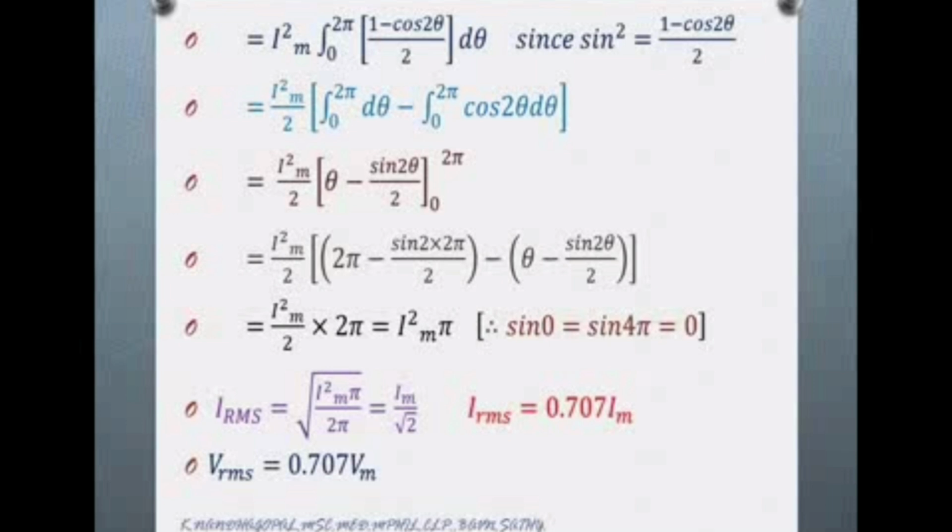Then voltage VRMS equal to 0.707 Vm. So that is the voltage of the circuit. So first one is the current, next one is the voltage. So these are the two methods of calculating or measuring